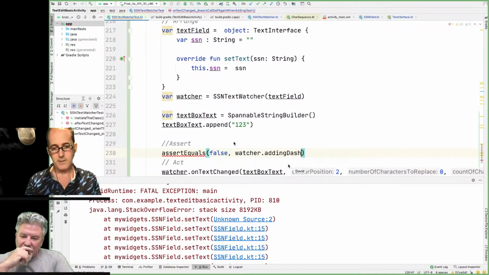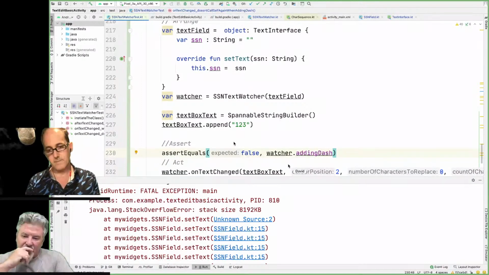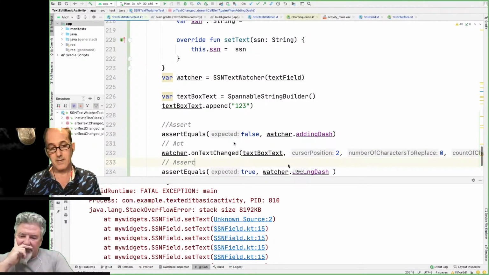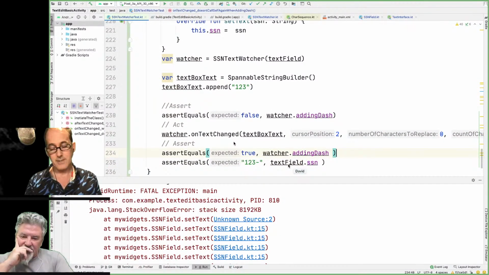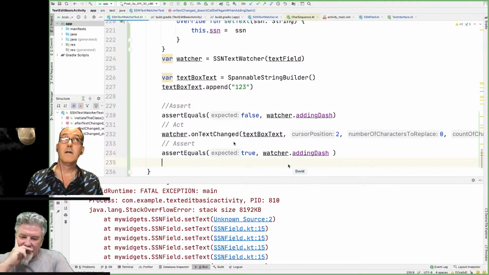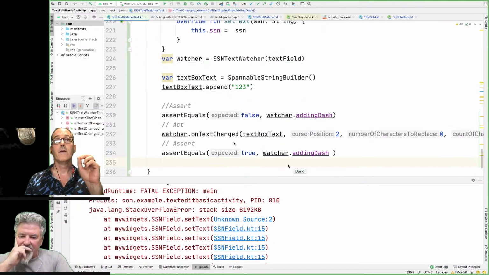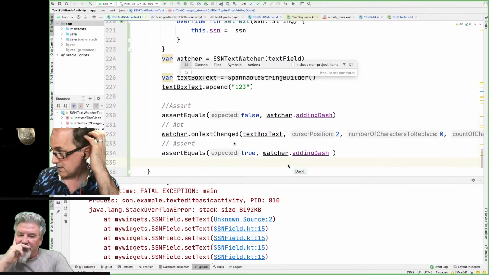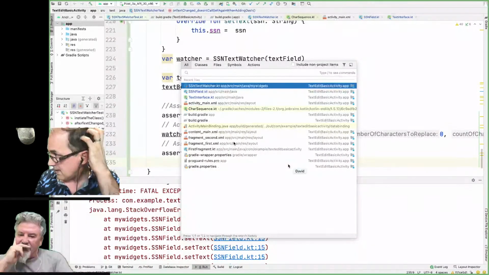Adding dash. Okay. At the beginning, it's not adding a dash. But once we call on text change, it's adding a dash. When it adds a dash, it resets it. It sets it to true. If you call it again with the same conditions, it will exit,